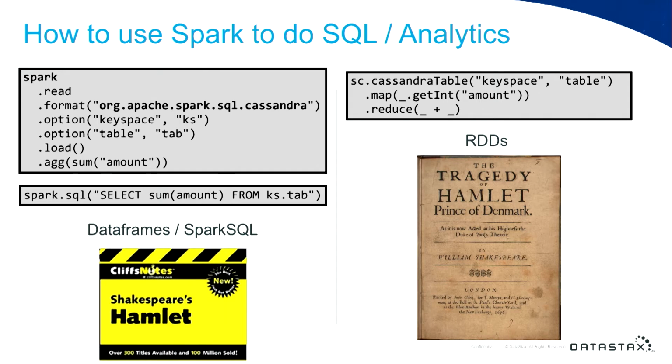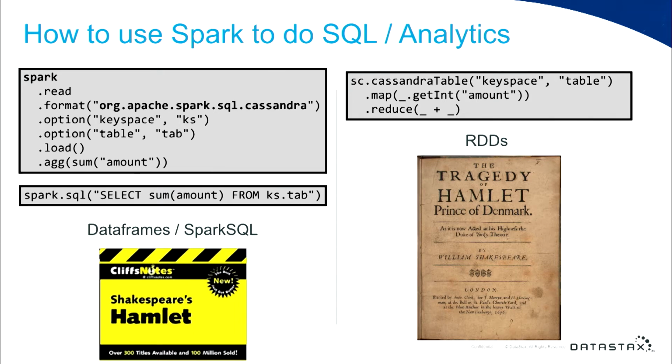You'll notice that in order to get the amount column out of this Cassandra table, I actually have to say that it's an integer. I have to use a getter. I'm actually getting out a Java integer in that function. And in my reduce, I actually have to explain how to add things together, because this is raw code. I basically have to say this is the implementation for taking two values and combining them. So it allows you to have a much lower level operation, but it also becomes unoptimizable.